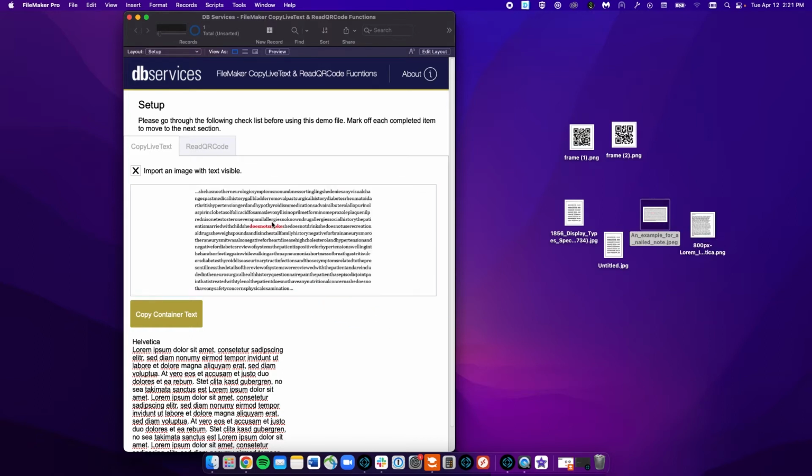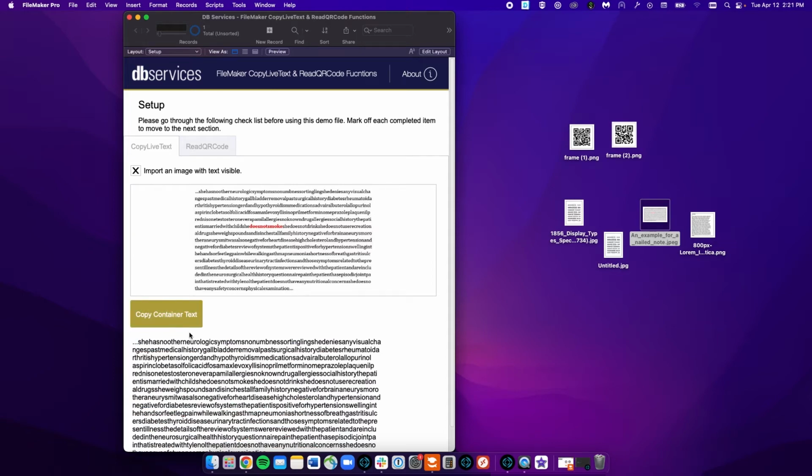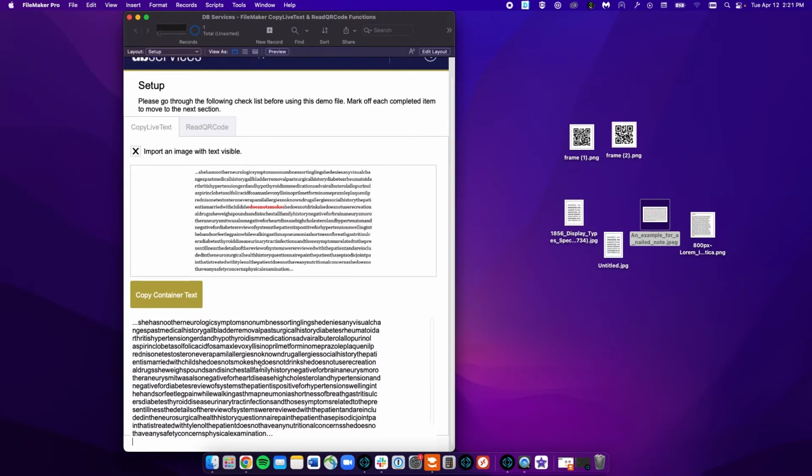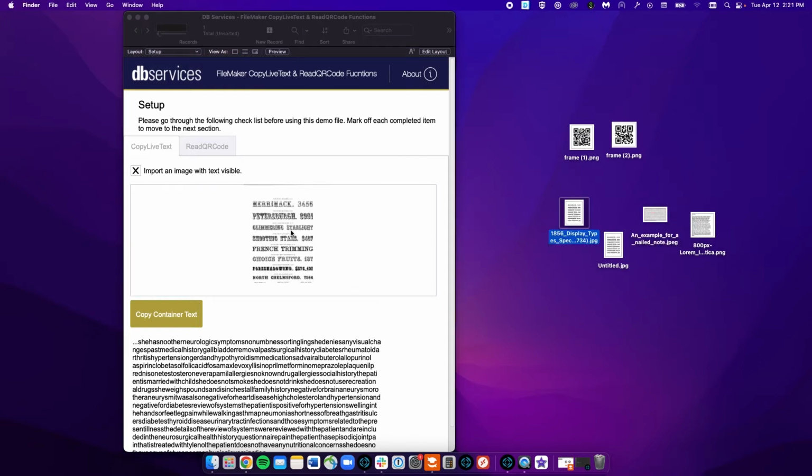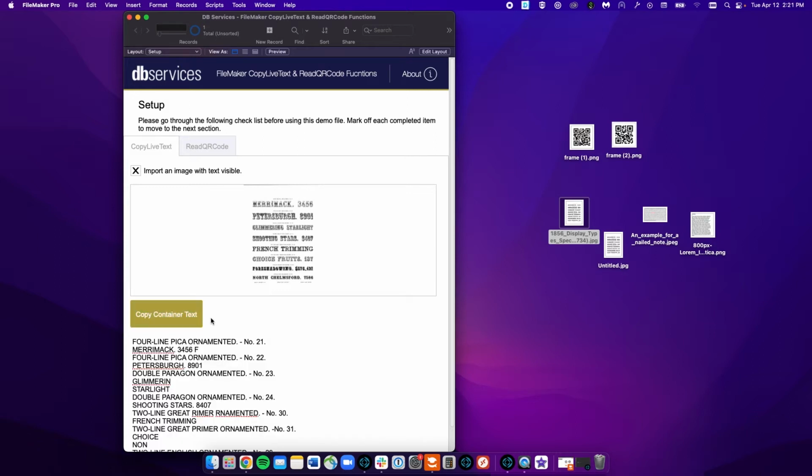For example, here's text that's a little bit harder to read to the human eye. You see there's no spaces, it's more compact, things like that. It still reads it just the same. There are some issues with more extravagant text. Nothing major. See, I have this old 19th century text format here, and it's still very accurate.